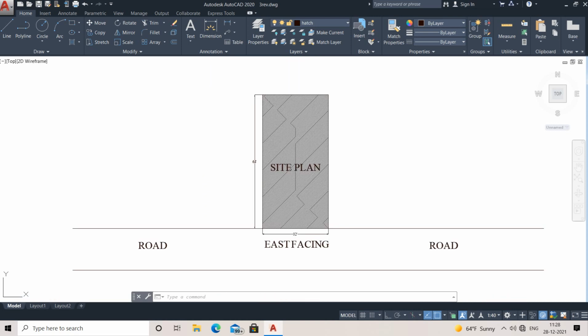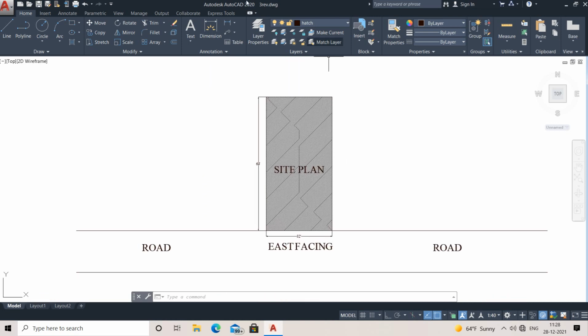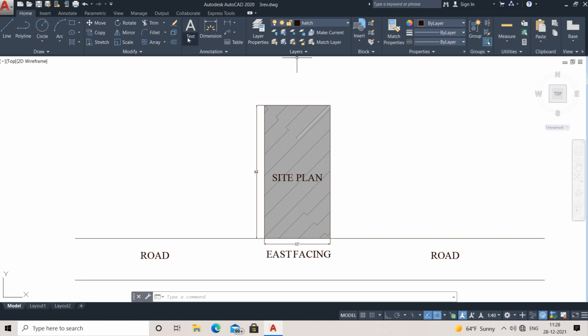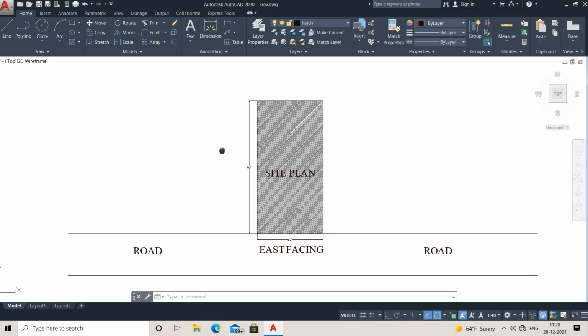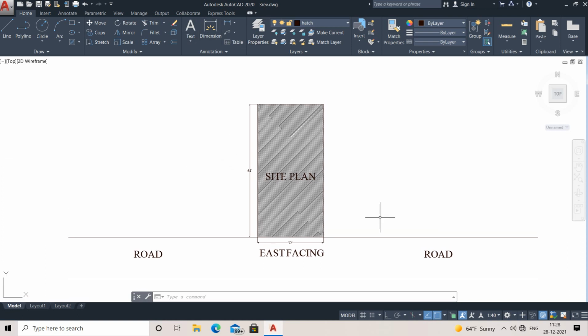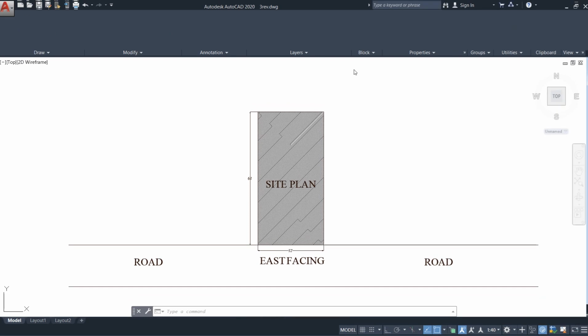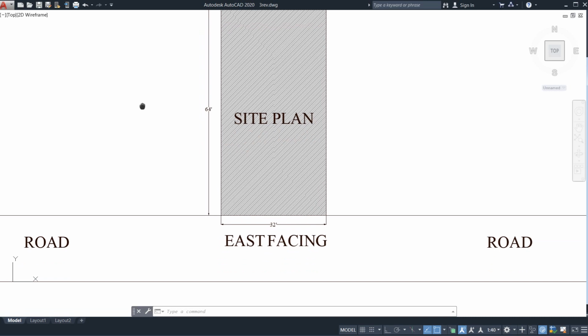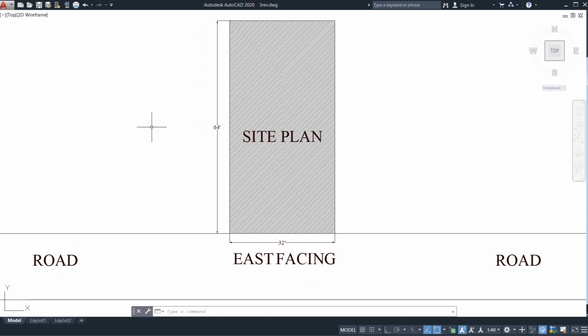So first of all, in my previous lectures you are all well aware that I am going to hide this ribbon bar because I need the full window. You can see my cursor, right? This is clean screen, so just click on this clean screen. You can see my ribbon bar will hide. If you want to make the ribbon bar reappear, you can do this again, or else you can type ribbon from your keyboard. So now let's start this tutorial.